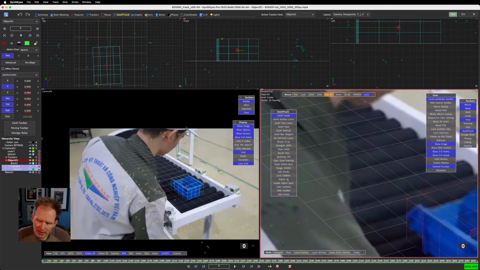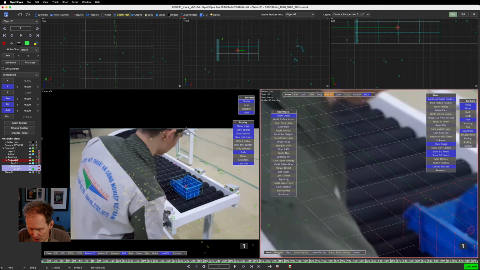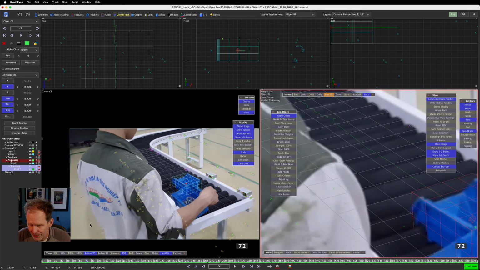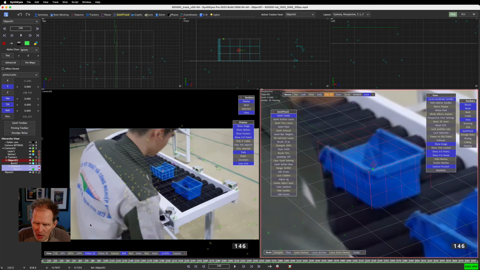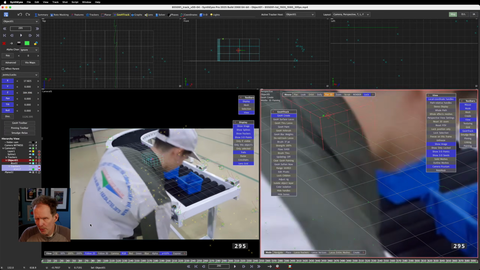So there we go. And obviously the track's working much better now because I didn't do a bad job on the camera track. The camera track is much better. As a result, you get better results. But when we look at this, this doesn't look necessarily so good. So we're going to do some things. And like all things in SynthEyes where you go, oh, my track is slipping, or my track isn't working, or my whatever is going on,